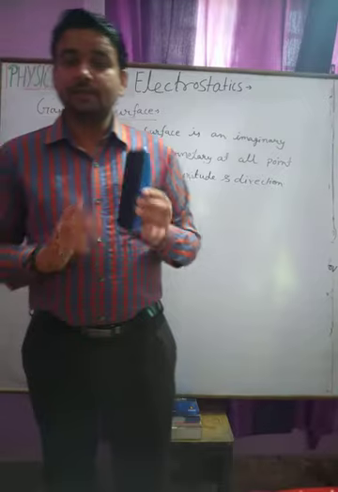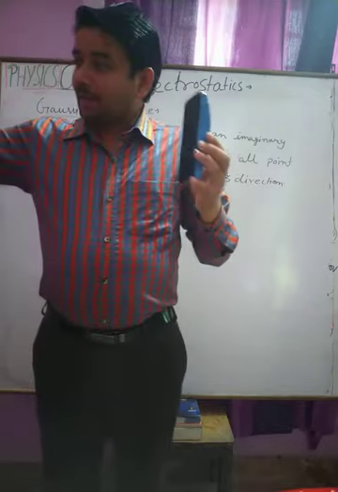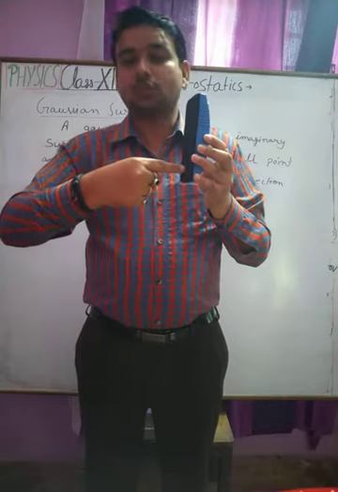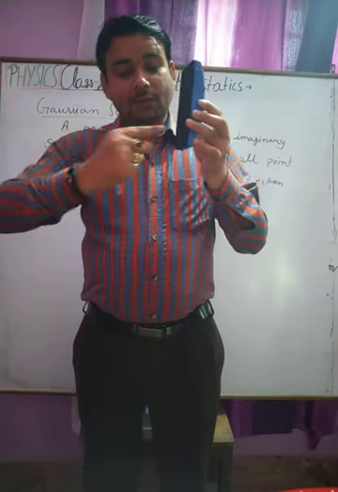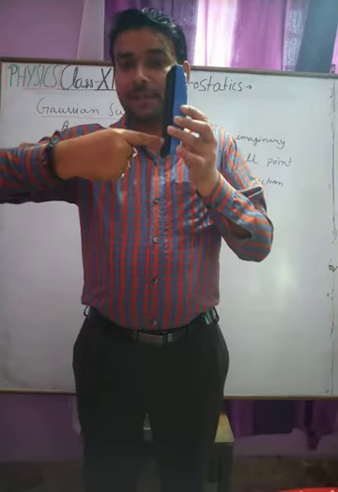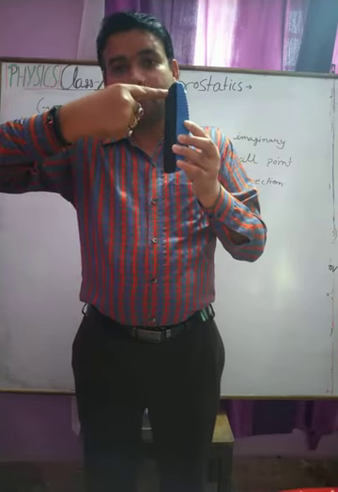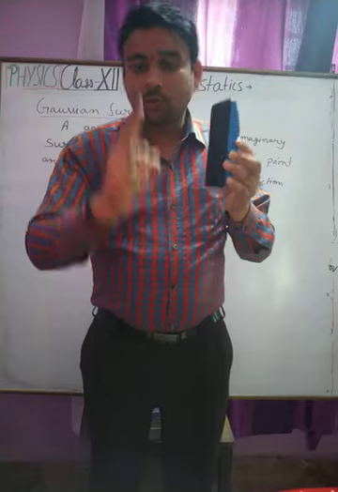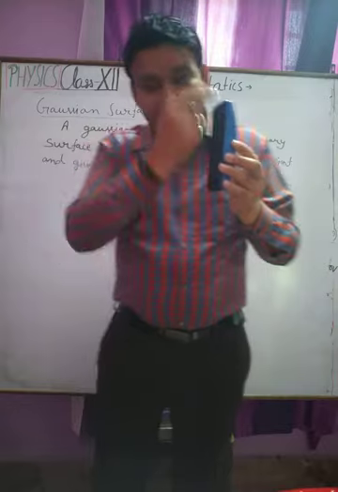Symmetry surface means, suppose student we have this surface, so if some electric field is coming from here and it links with this surface, passes or touches it, so just find, suppose the value of the electric field is 10 newton per coulomb, so at this point it is 10 newton per coulomb, at this point is 10 newton per coulomb, and this point is 10 newton per coulomb, which means over the whole surface the value of electric field is equal at each point, that is the symmetry surface.